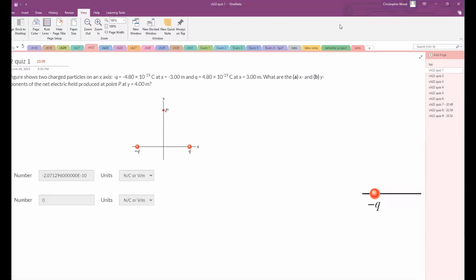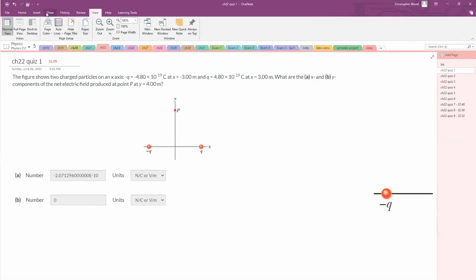Into chapter 22, quiz 1. And having said all that, the goal, my hope, I'm crossing my fingers, is that you will maybe take a different approach to what we're going